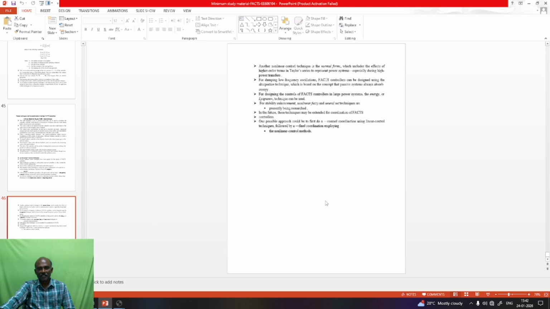So that completes the portion on FACTS devices. The main purpose of FACTS devices is reactive power compensation. They are power electronics based FACTS devices, having series as well as shunt, or a combination of series as well as shunt, using which we can control the various parameters of the power system. Normally it is reactive power compensation. Why? Because reactive power depends on the voltage, the main parameter of the system. So using reactive power compensation, we can control the voltage. And also in some devices, we can exchange real power, using which we can compensate the real power of the transmission system.